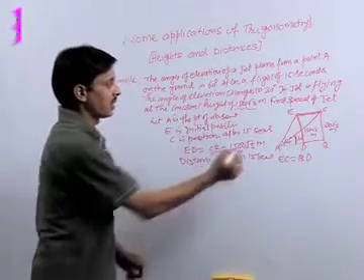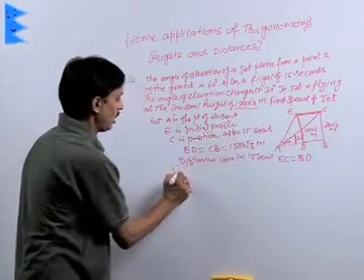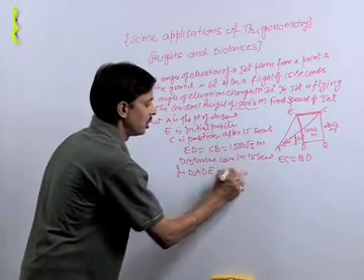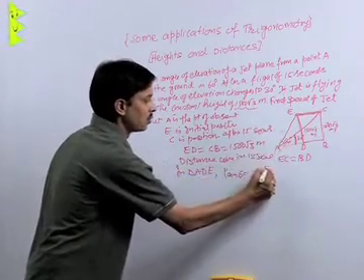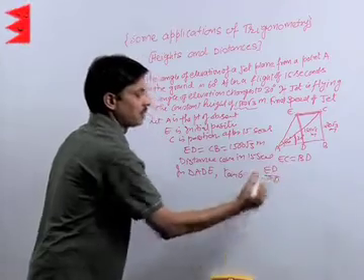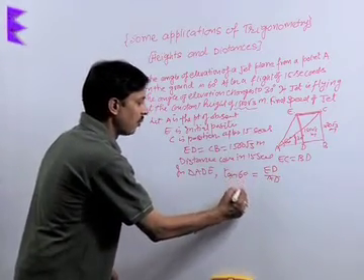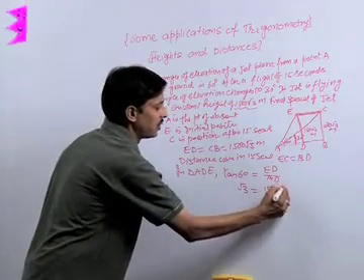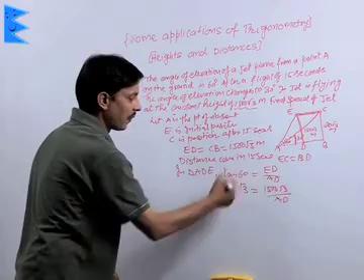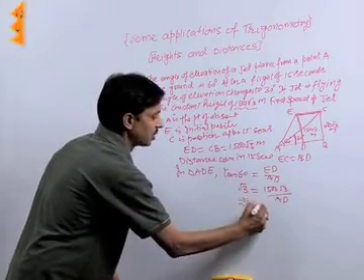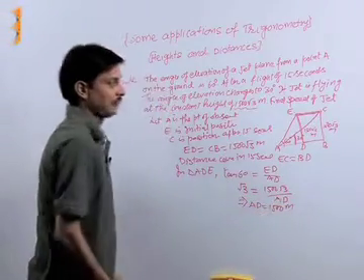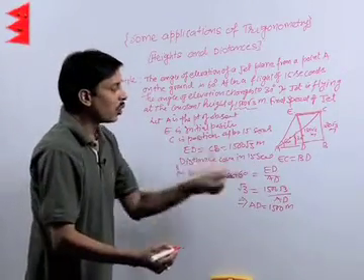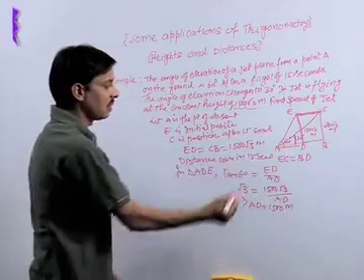Now if we take the first triangle ADE, in triangle ADE, if we apply tan 60, we will say tan 60 is equal to ED upon AD, that is perpendicular upon base. The value of tan 60 is root 3. So root 3 equals the constant height ED, 1500 root 3, upon AD. If I cross multiply, I will get AD is 1500 meters. Now AD is obtained, 1500 meters.